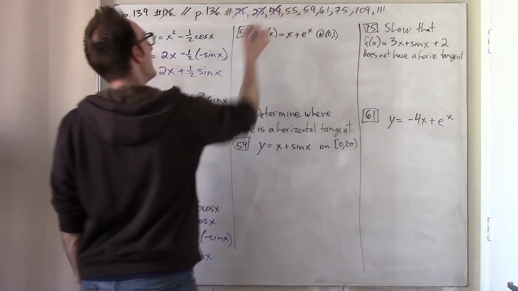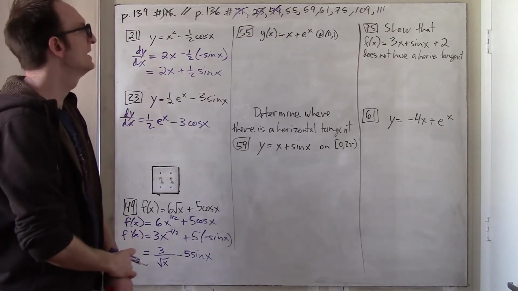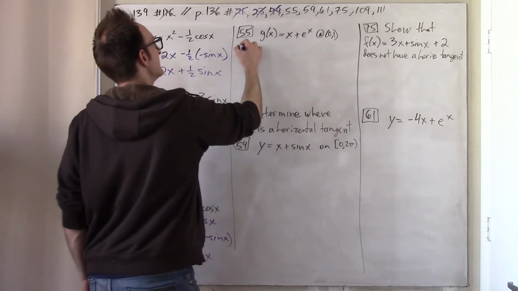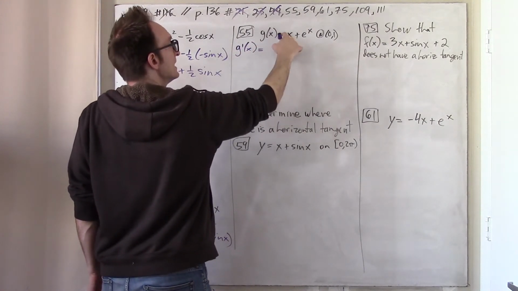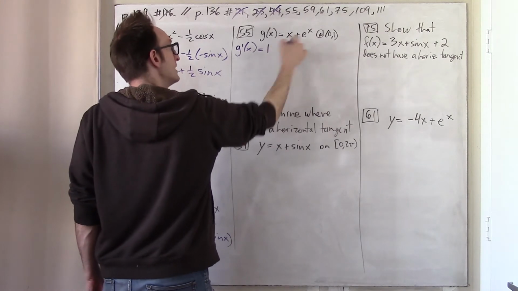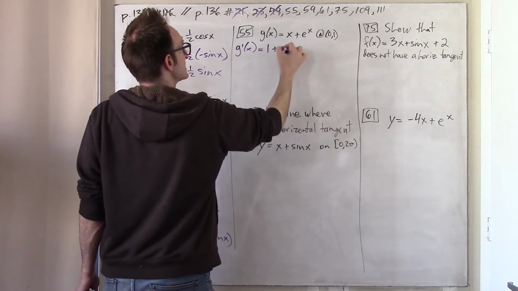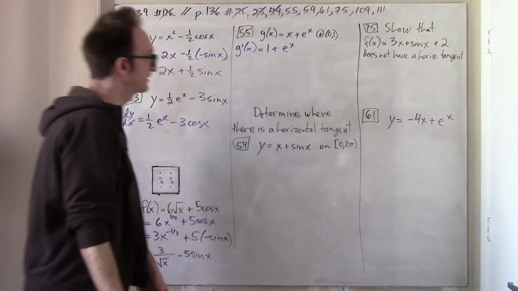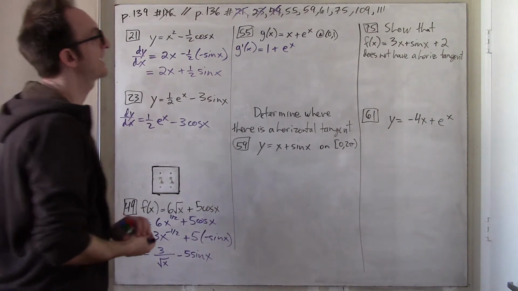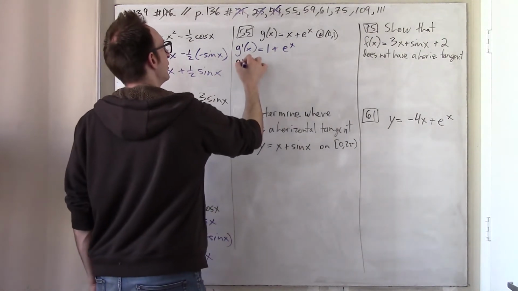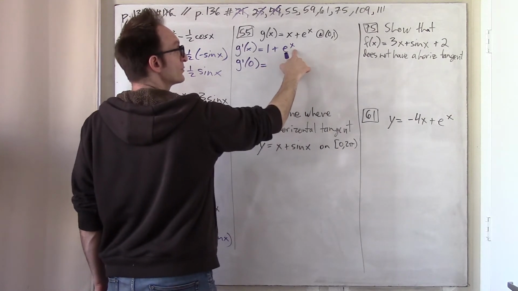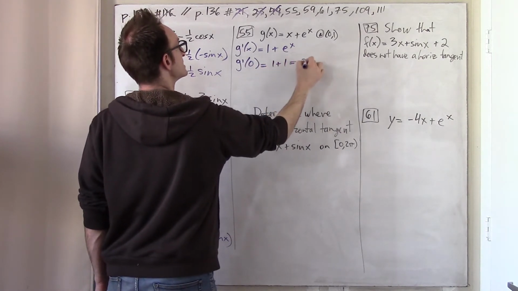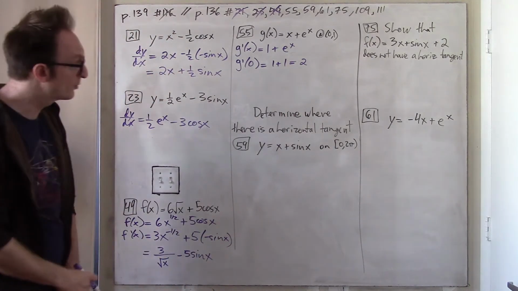Okay, 55 is just another problem. It's basically a problem that just says take the derivative, but then there's a little bit of an extra step. What is the derivative of x plus e to the x? Well, the derivative of x is 1, and the derivative of e to the x is e to the x. So that's the derivative function. Now they specifically say, what is the derivative at 0? So if I plug in 0 into this formula, e to the 0 is 1, so I get 1 plus 1 is 2. Therefore the slope is